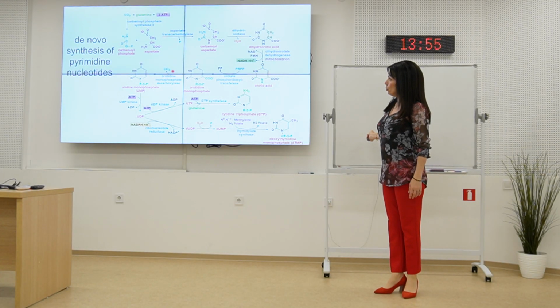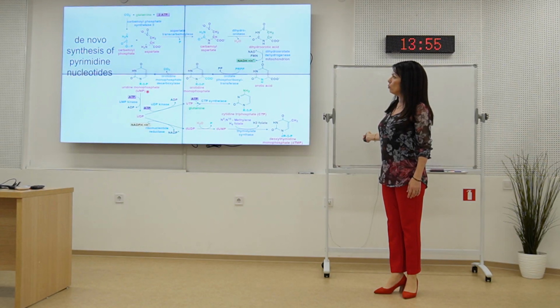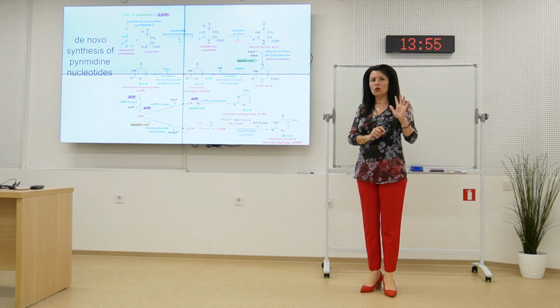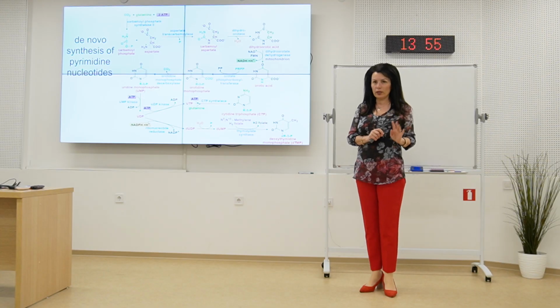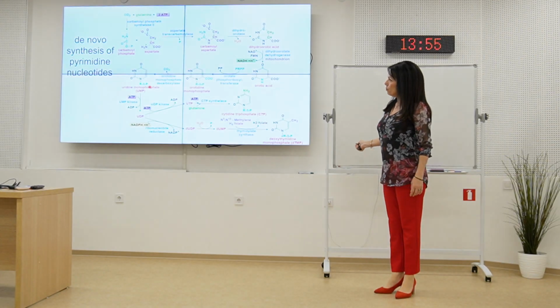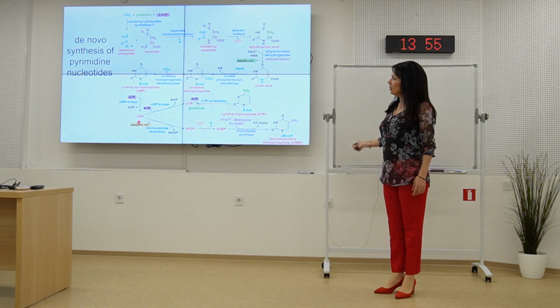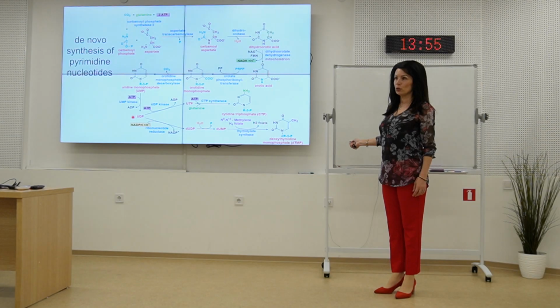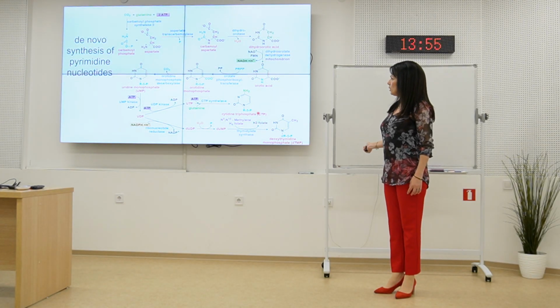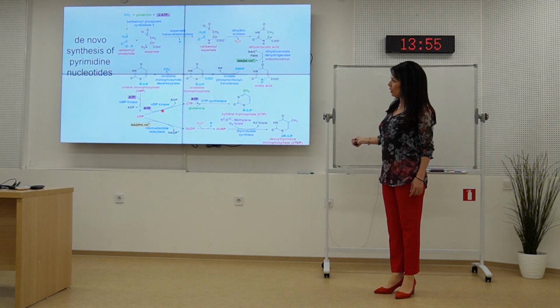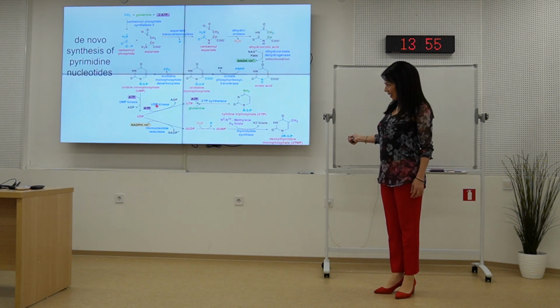It is called orotidine monophosphate, OMP. After that, decarboxylation with orotidine monophosphate decarboxylase and formation of the first pyrimidine nucleotide, which is part of the nucleic acid, which is UMP, uridine monophosphate. Then, this UMP undergoes phosphorylation thanks to UMP kinase and ATP, and is converted to UDP, uridine diphosphate. Then, to form CTP, cytidine triphosphate, we need two additional reactions. The first one is one more phosphorylation with one more kinase, and the second one is